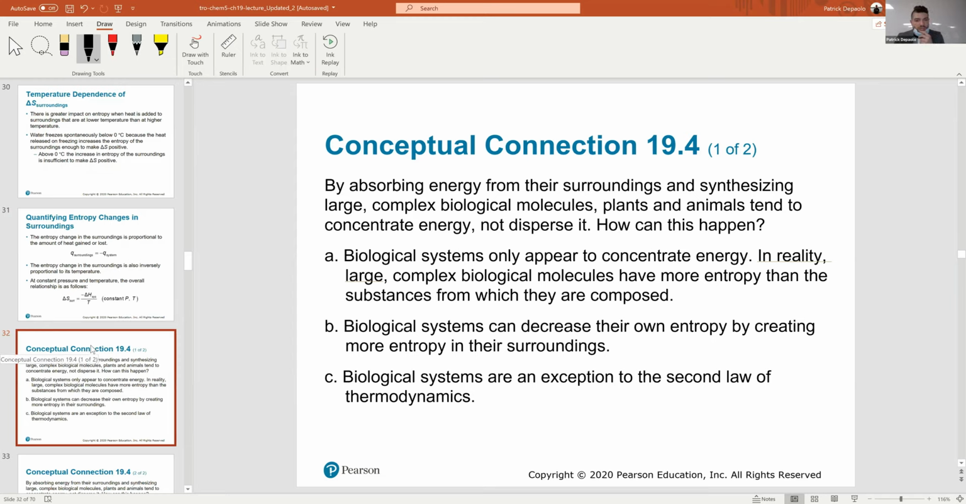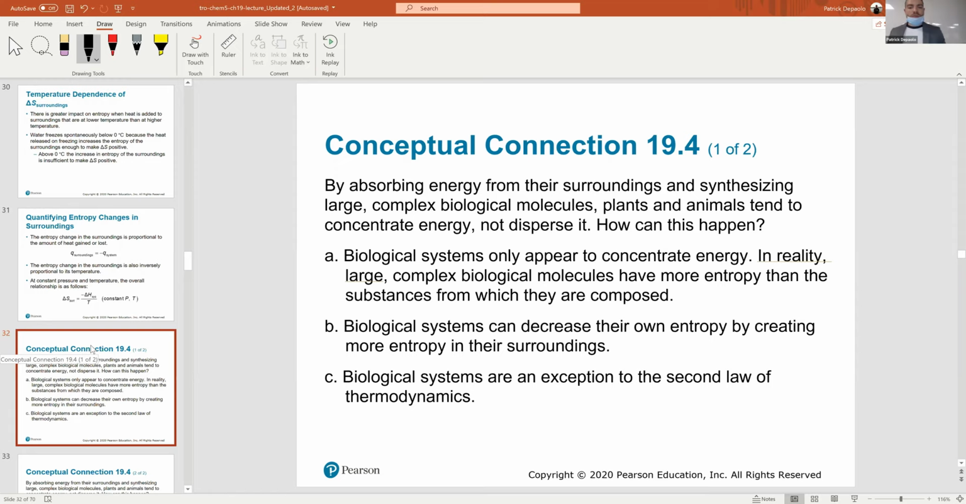By absorbing energy from their surroundings and synthesizing large complex biological molecules, plants and animals tend to concentrate energy and not disperse it. How can this happen? You perceive it as creating energy and concentrating it, right? What is the only way that spontaneous, and I mean these biological things are pretty spontaneous? Some of them are, like diffusion, for example, is spontaneous. But anyway,